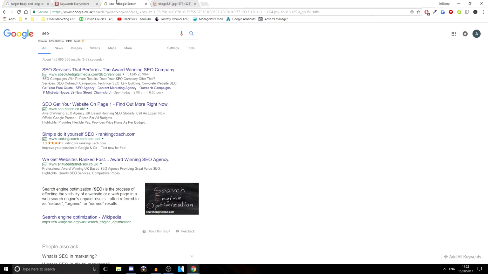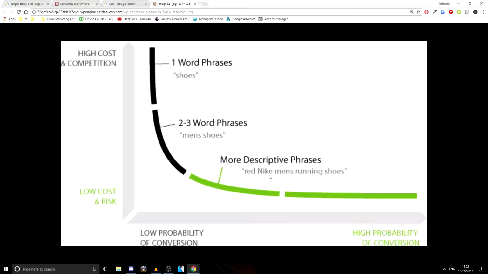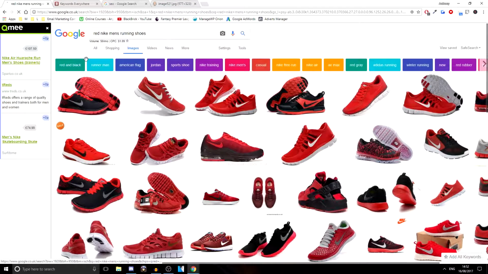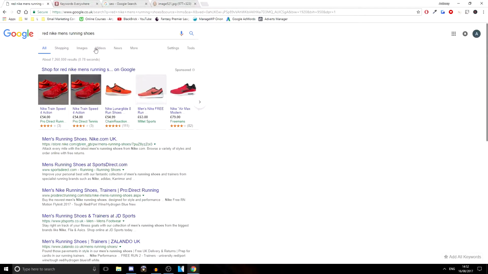So we're going to type, where was it? Where's the image? Here we go. Red Nike or Nike men's running shoes. So we've written it down now, and we don't want that in images, so we're going to get rid of that. And here we go. So as you can see, there are 50 searches a month, and the cost per click is $1.09 with around 7.2 million results. So this one is going to be a lot easier to actually rank on, rather than just